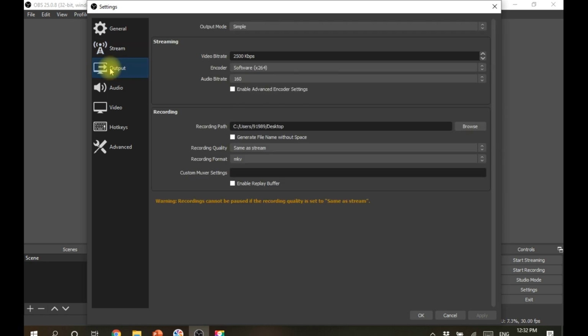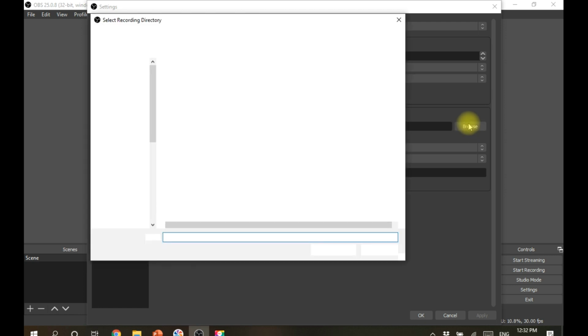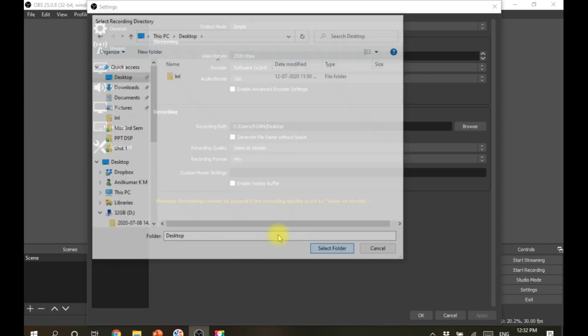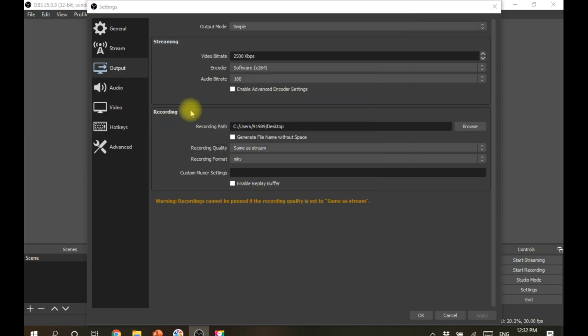Then Output, where the output is to be stored. By default it is in the video folder, but I browsed and set it to the desktop, so that the recorded video will be saved on the desktop.